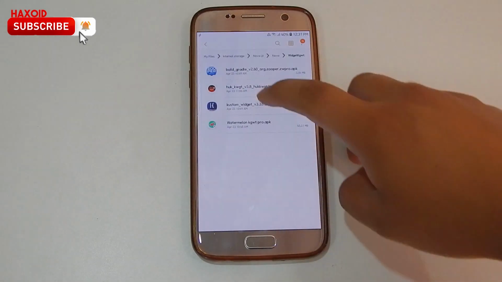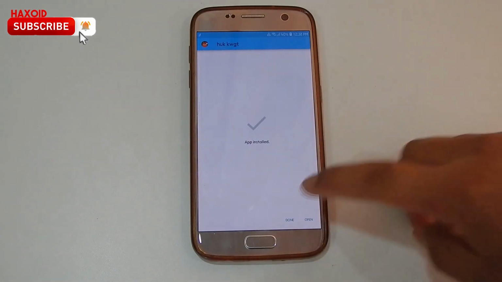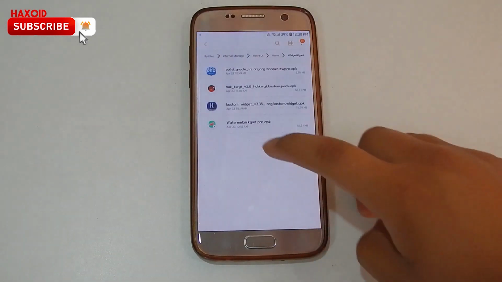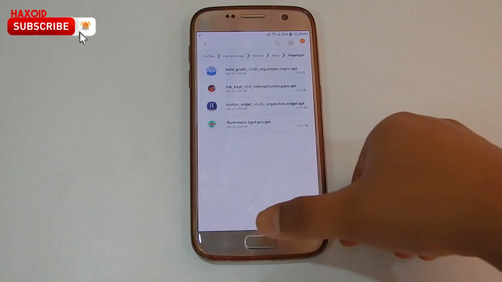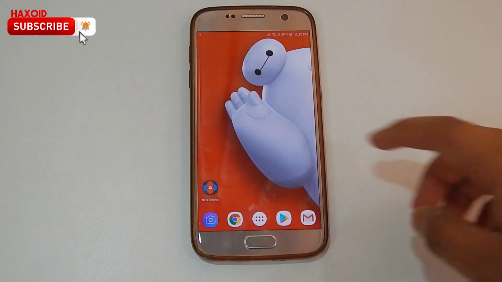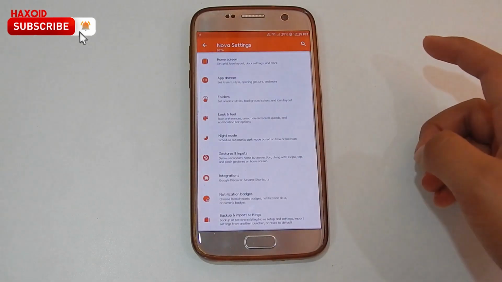Tap on done and install Hawk KWGT. Install this and tap on done. Tap on done. Install the final one, which is watermelon. Okay, so finally tap on done. Then you want to go back to your Nova launcher, onto the settings, hold and tap onto the settings, and